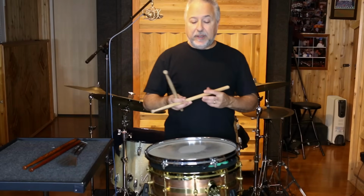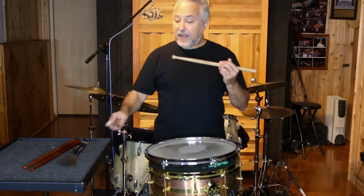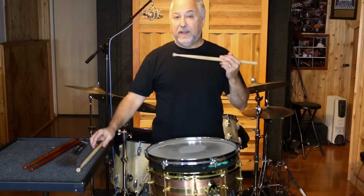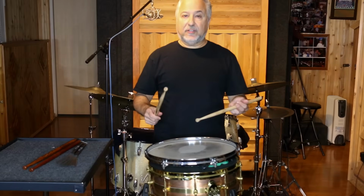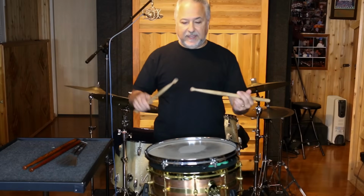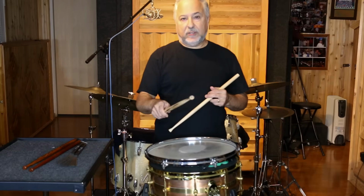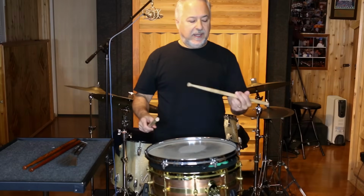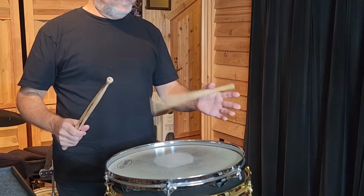Now, playing traditional affords you a few things that you can't get with matched. And that happens with the non-dominant hand. I'm a righty, so my left hand is going to use the traditional grip, like this. That's what it's called. So the dominant hand, we use the match grip at all times, and the left hand, we use traditional, weak hand. So it takes advantage of the thumb,